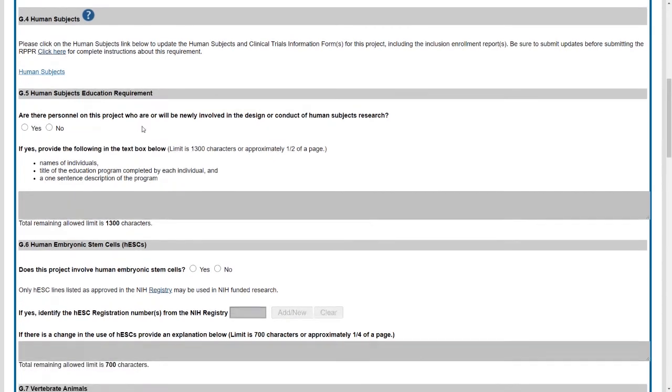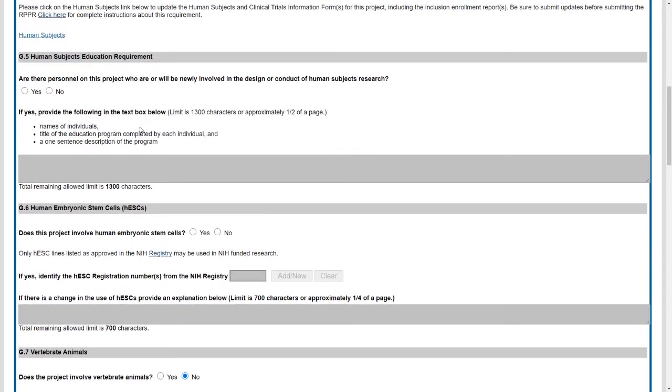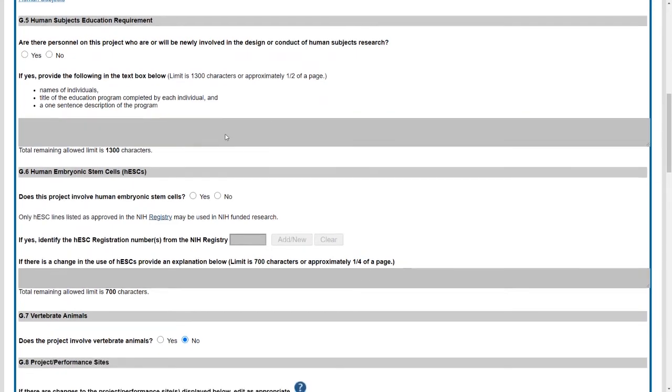That's exactly what I was thinking of, and I'm glad you touched on G5 too for the human subject education requirement. You listed participants earlier in section D. Simon and I both talked about making sure everyone has a Commons account. Those grad students come through the university and have a habit of graduating on us in the middle of an important research project, and we hire new ones. Here is an opportunity, a required place where we need to say that these grad students who just joined the project, maybe new to the university, have completed their required training on human subjects, and we would actually